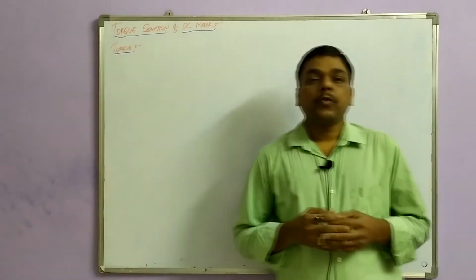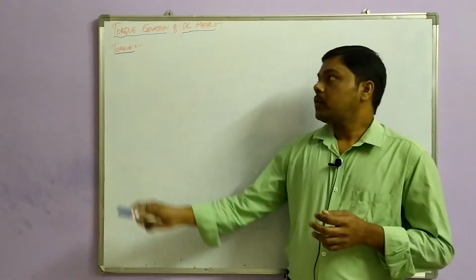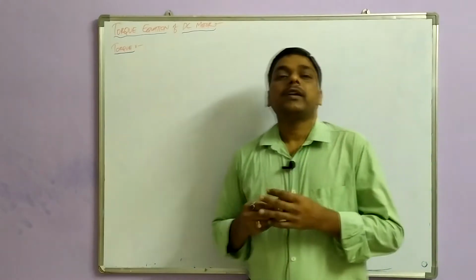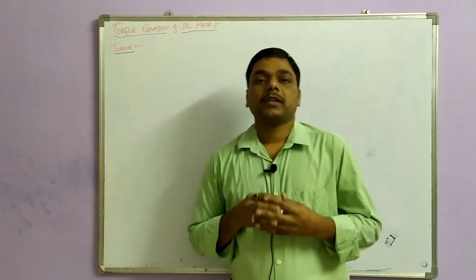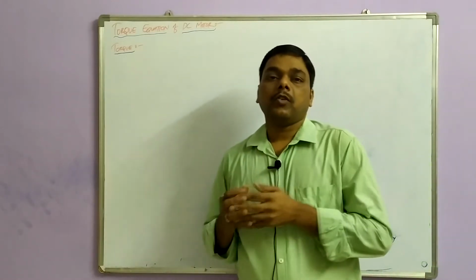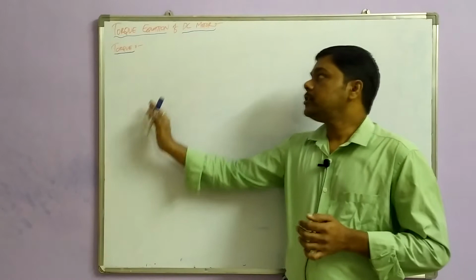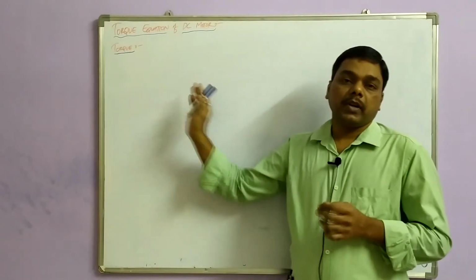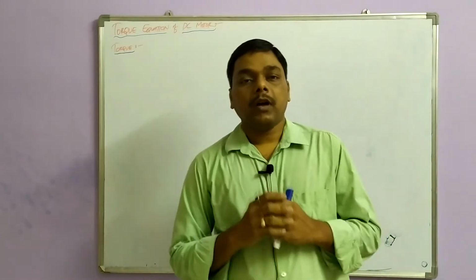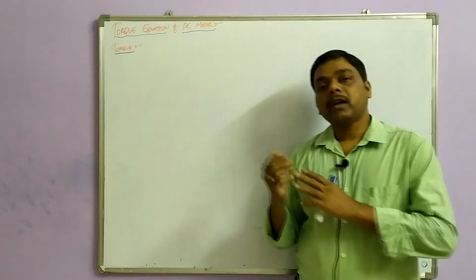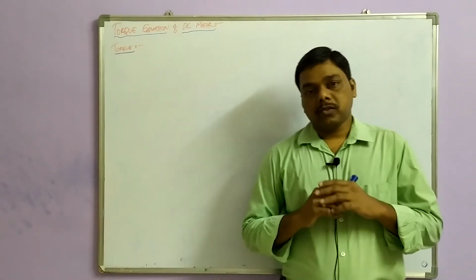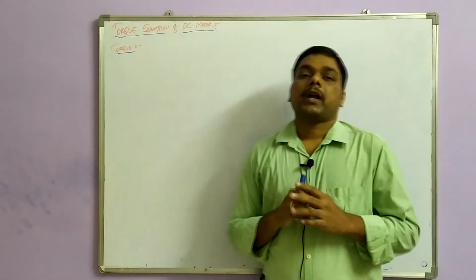Today in this lecture we are going to discuss DC motor torque and its derivation. In DC generators the output power is always electrical, so we get direct output power in terms of kilowatts. But here it is a DC motor: electrical power is input to it and the output power is always mechanical. But how are we going to measure the mechanical output power, the equivalent quantity to the electrical? That will be the torque parameter.